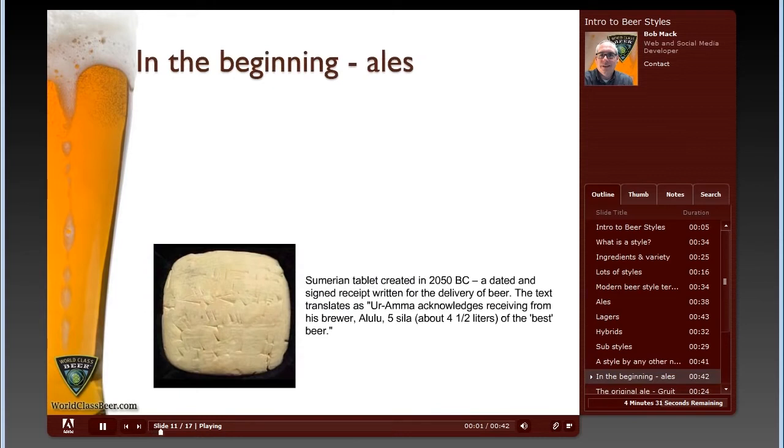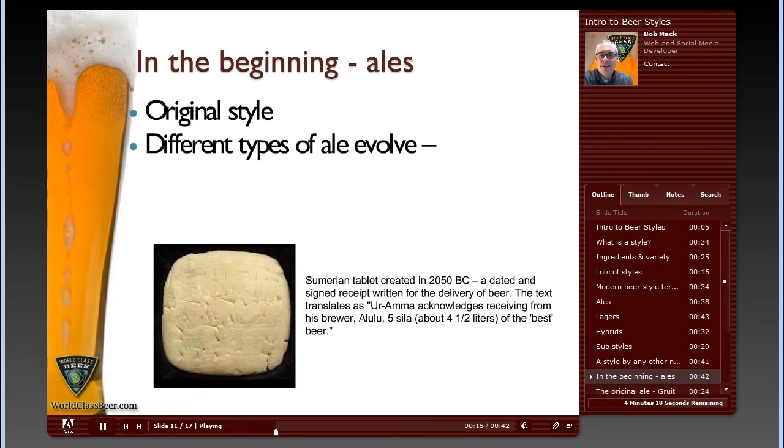In the beginning, there were only ales. Since beer was first brewed many thousands of years ago, humans only knew how to make that type of beer. But over the millennia, beer styles began to evolve as humans developed preferences for one type of ale over another. The evolution of different types of beers is illustrated by ancient references to different types of beer or preferred variations